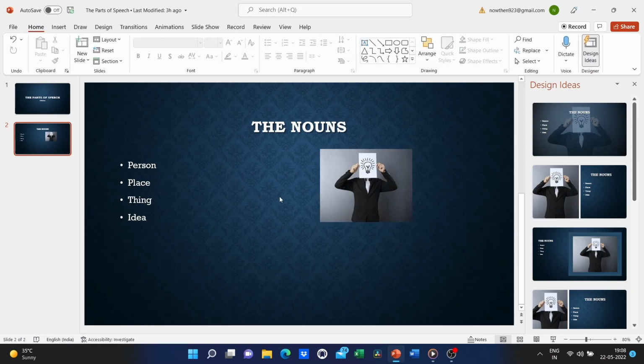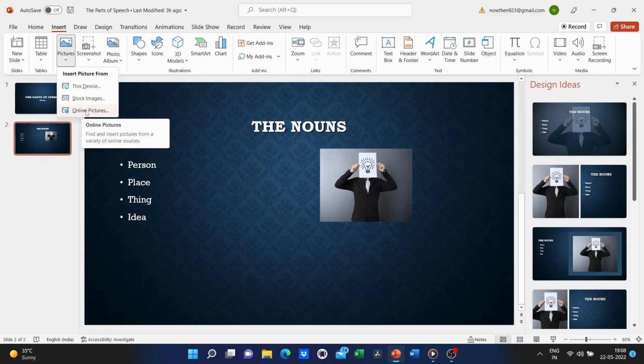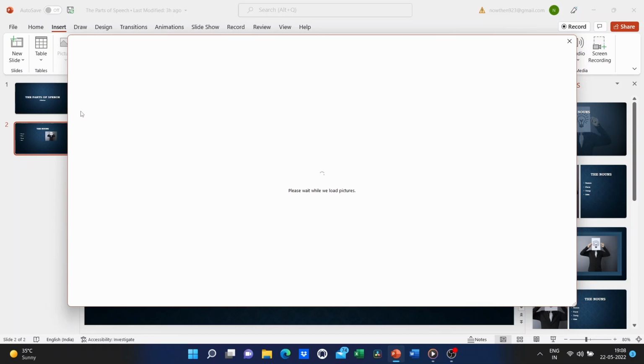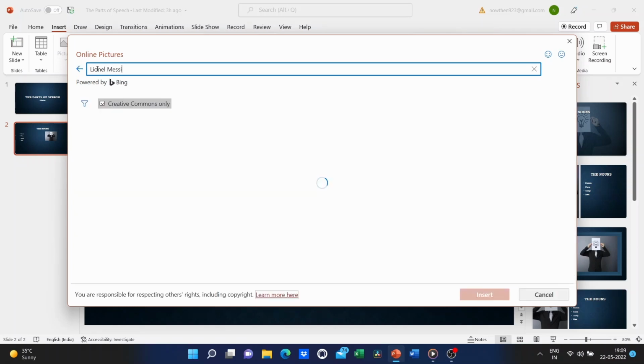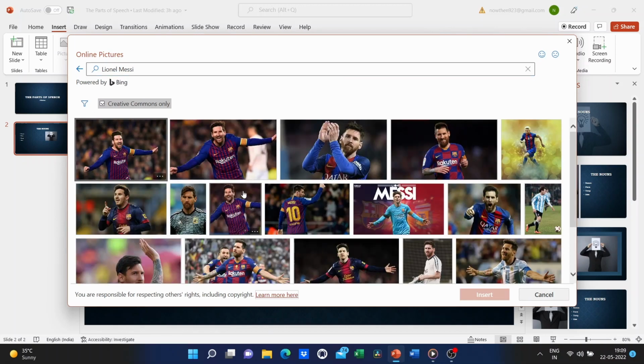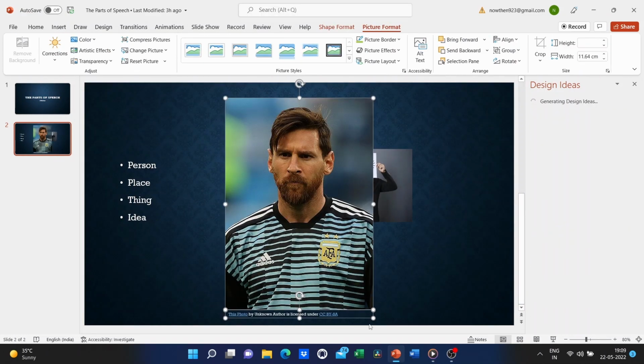Well, look here in the Images group. There is an option for online pictures, and this is really good. Just click that. And Microsoft will open up a portal basically to the internet, and you can do searches from right within PowerPoint and you can find images to use. And notice, it is a Bing image search, which makes sense being Microsoft PowerPoint. So I'm going to do a search for a famous person. So the famous footballer, Lionel Messi. So I select that image. I click Insert. And that image is added to my presentation.